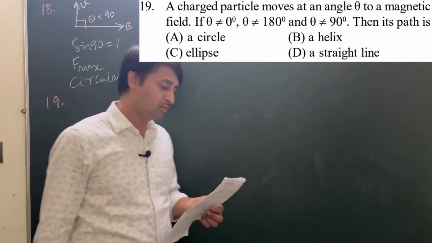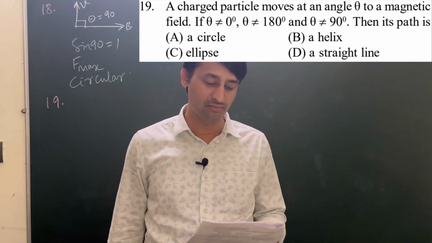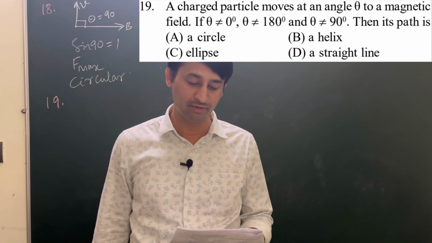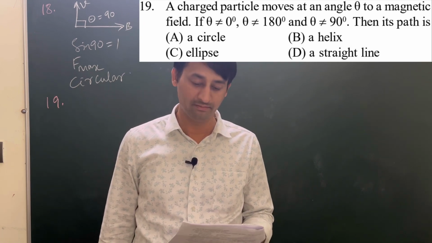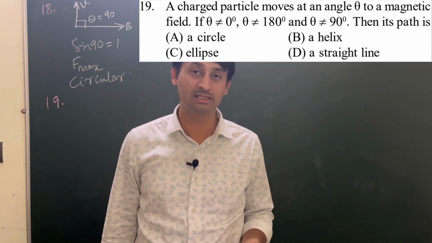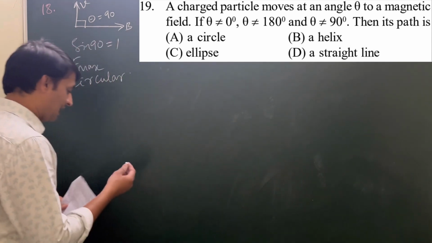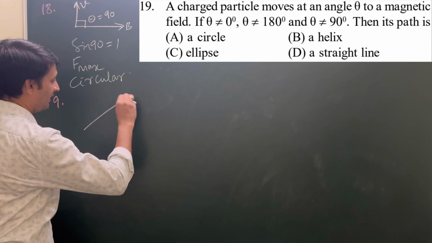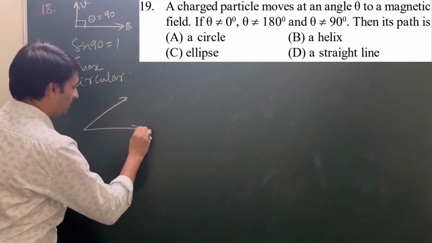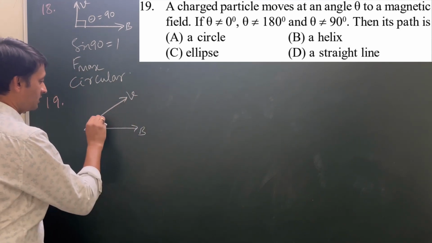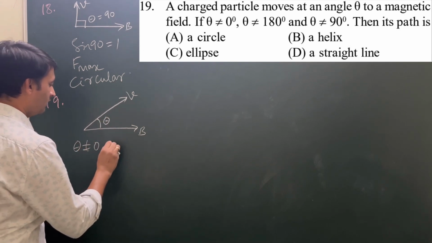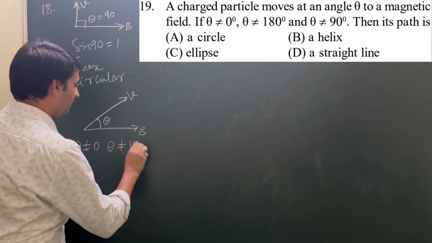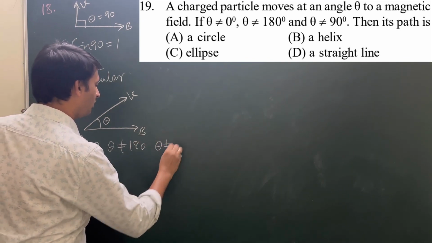A charged particle moves at an angle of theta to a magnetic field. Theta is not equal to 0, not equal to 180 and not equal to 90. Then its path is... A charged particle is making some angle here with the magnetic field. It is making an angle theta. This theta is not equal to 0, not equal to 180 and not equal to 90